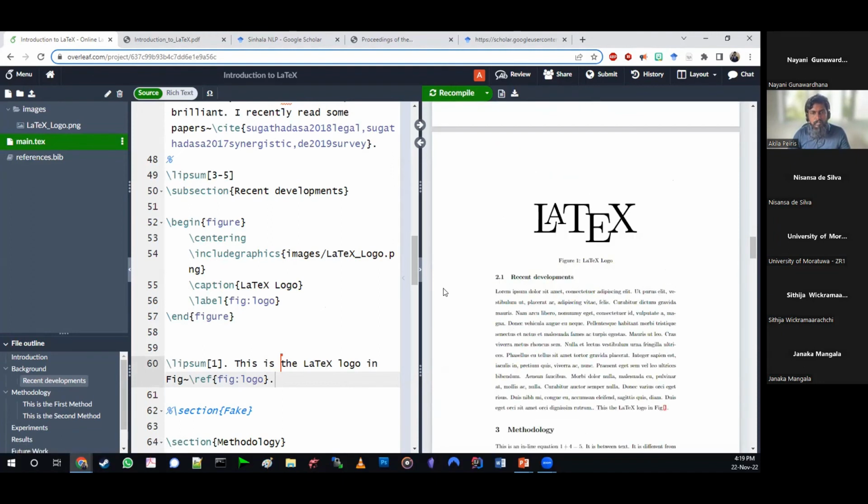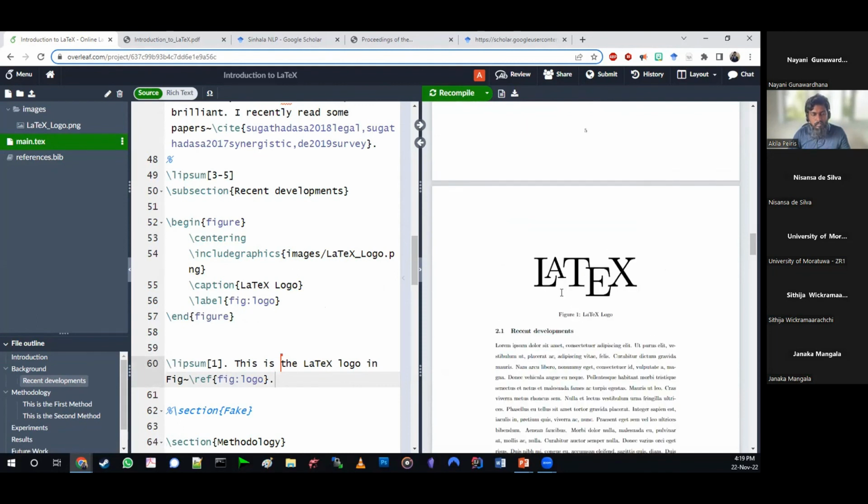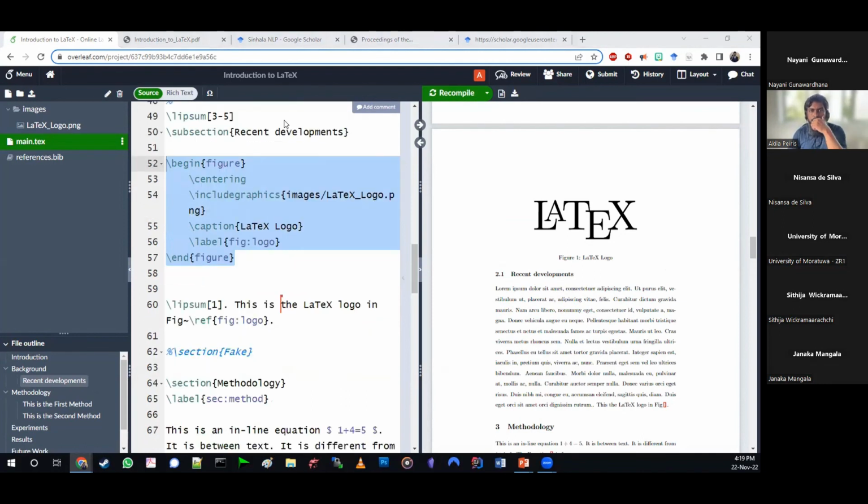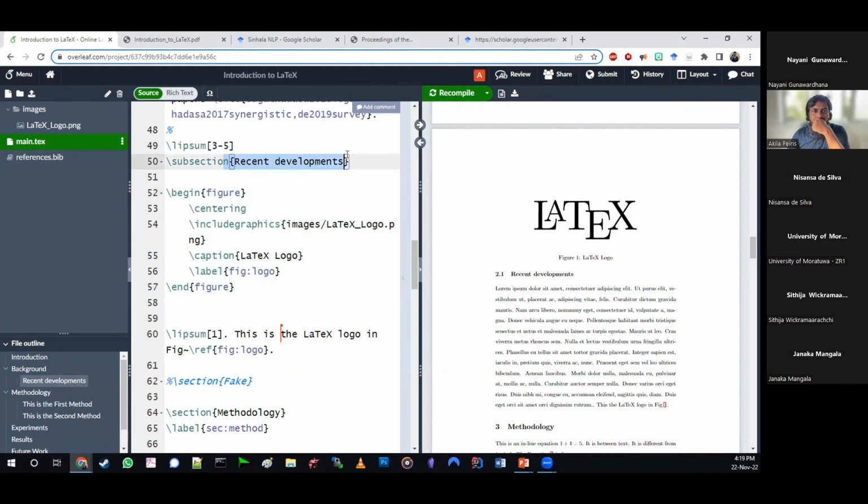Now, as you can see, one thing is that I just willy-nilly placed it without even worrying about where it is going to go, right? What if I want to make sure that it is going to happen? So it should fall after this topic. So then I had to tell LaTeX, hey, you can't put them wherever you like. Put it in the best place. If it is not in the best place, try to put it here. Otherwise, try to put it on the top. Otherwise, put it on the bottom.